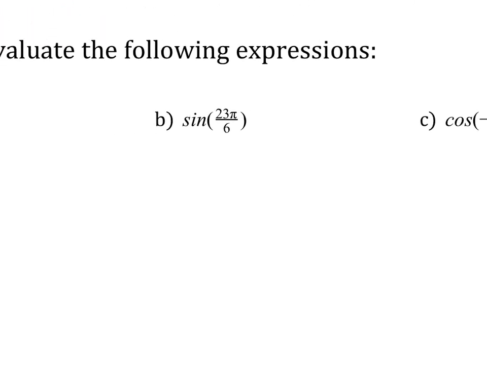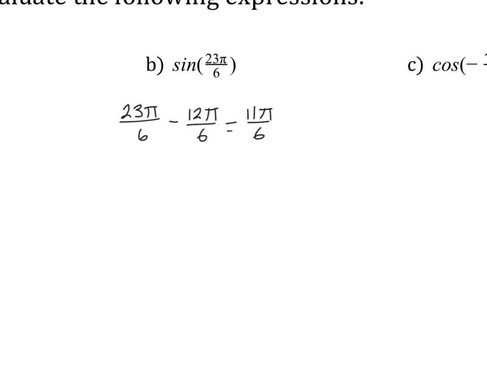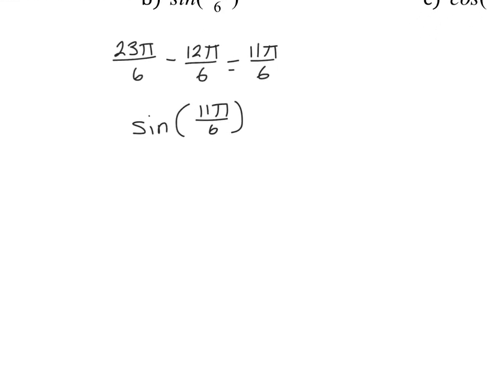Okay, let's look at this next one. Here we have the tangent of 23 pi over 6. So the first thing I'm going to do is find a smaller coterminal angle of 23 pi over 6. So I'm actually going to subtract a full rotation, which is 2 pi, or 12 pi over 6, and we get 11 pi over 6. So this is an angle that I'm familiar with from our unit circle, so it's a little bit easier for us to work with. So again, I could look at this and I could say, okay, my reference angle is